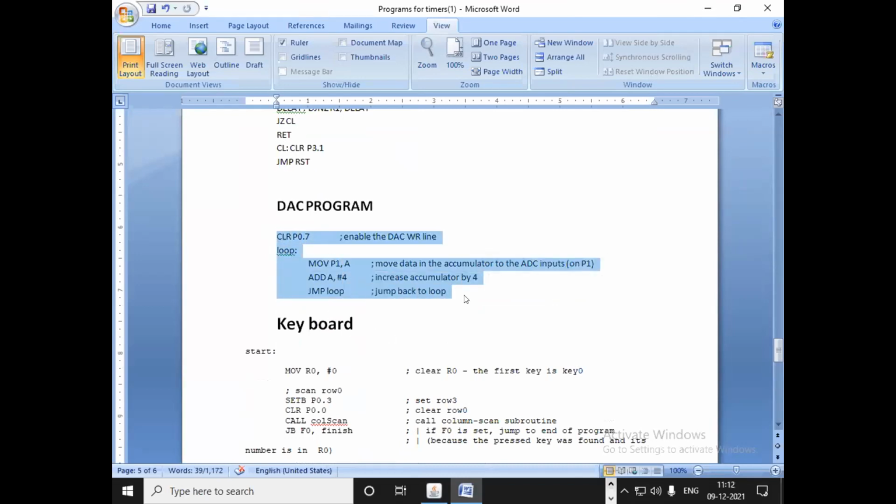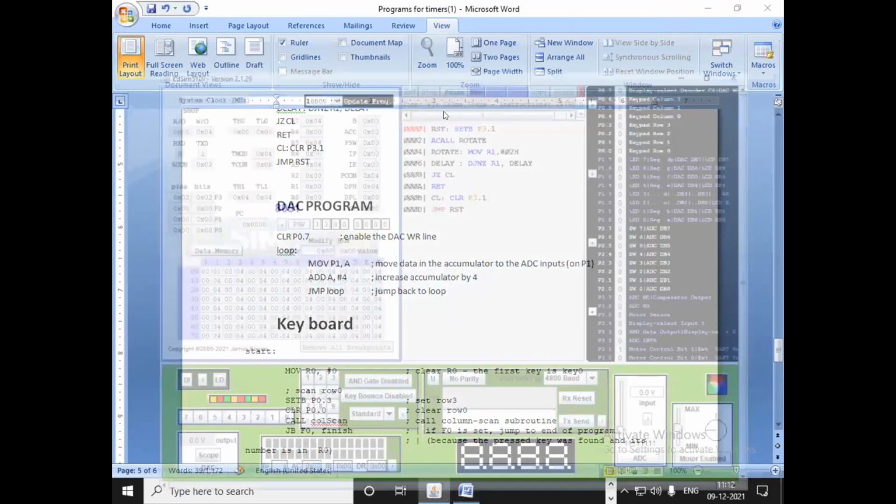This just checks the program. I'm not checking this program in detail, we just have to check whether this program runs or not.